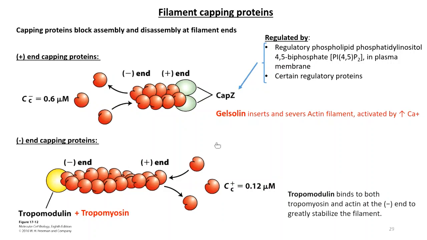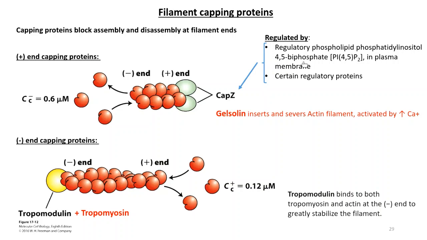Similarly, for the negative end capping protein, the negative end is capped. So it's not doing anything, but at the plus end, a regular process of polymerization and depolymerization is going on. So the critical concentration is being maintained here. Okay. So come back to the plus end capping protein, the CapZ. The CapZ is also regulated by